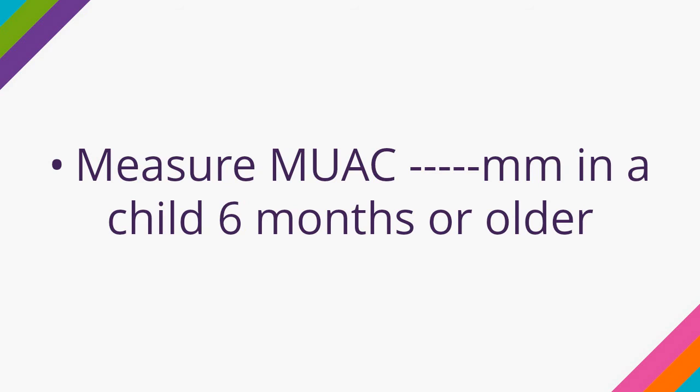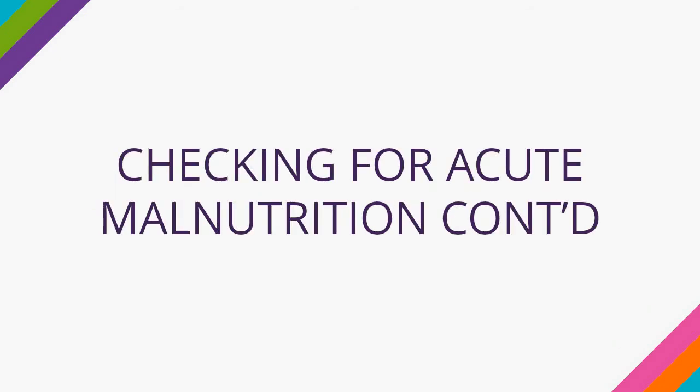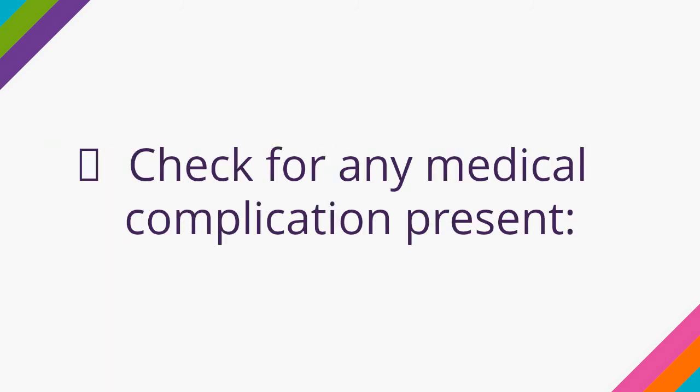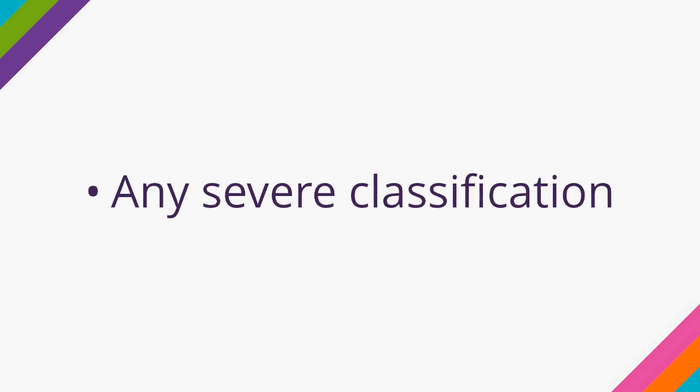You can do the middle arm. So that is for a child who is 6 months and older. So you can look at the growth curve. If weight for height or length is less than 3, that is Z score, or middle upper arm circumference is less than 115 millimeters, then you can check for any medical complications present, any general danger signs, any severe classification, pneumonia with